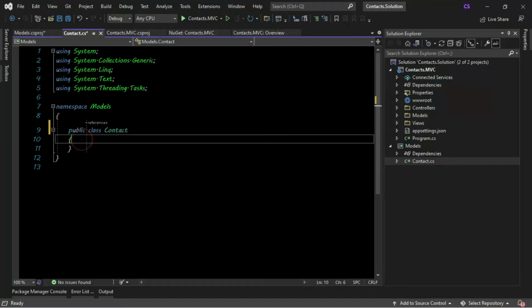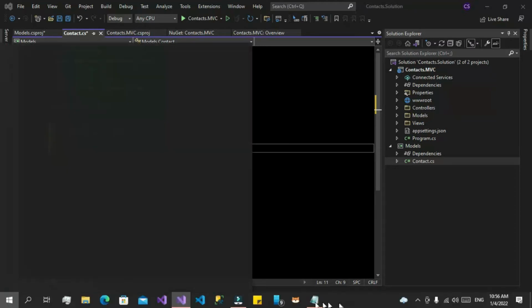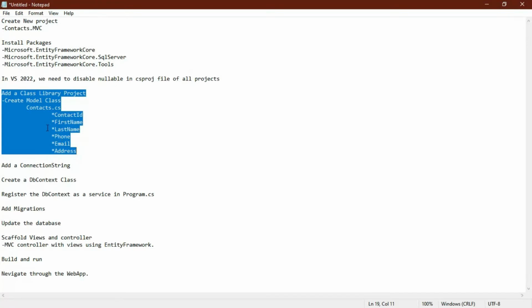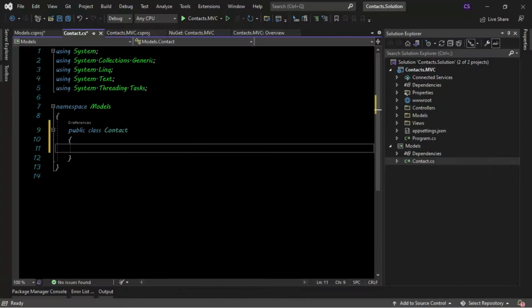All right, public. Now let's check out which properties we're adding to our contact class. We're going to have contact ID, first name, last name, phone. So we can simply copy this and have it in our Visual Studio as a comment. We simply do that and that. So slash asterisk, then asterisk slash. In the middle there, we're going to add those properties